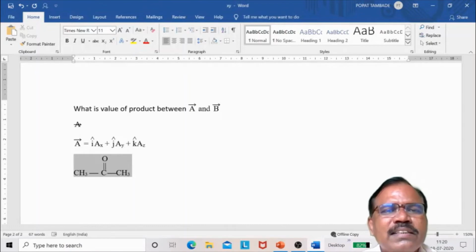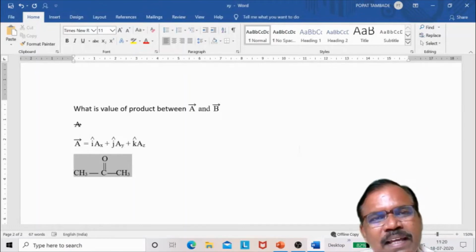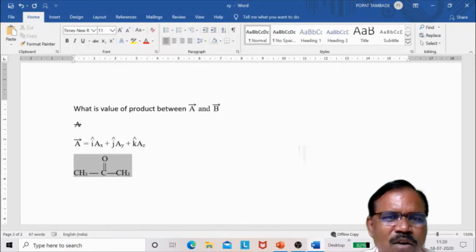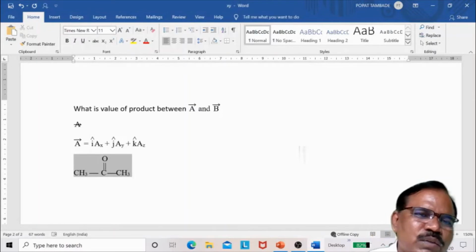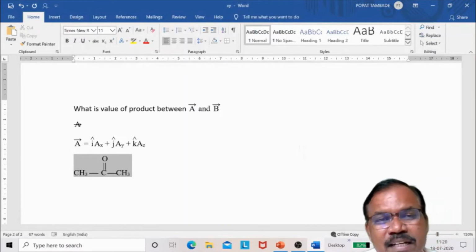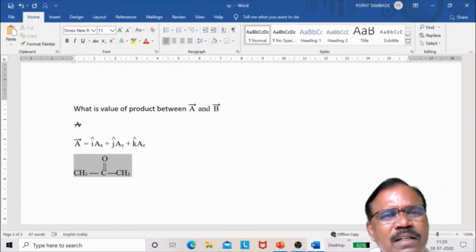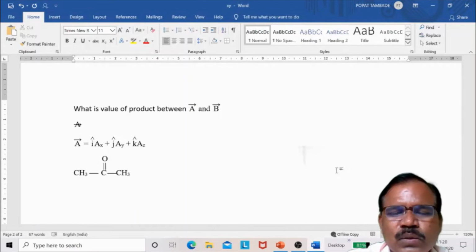So I got CH3 C double bond O CH3. So in this way we can type chemical formulas also. It means you can draw planar structures using this, but ring structures you cannot draw using this. But simple planar structures you can draw.